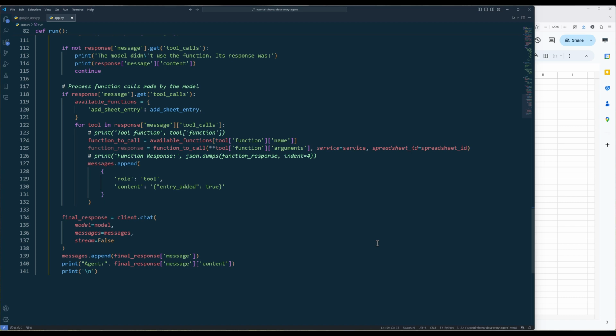First, create a dictionary to map the function name to the actual function. Then iterate over each tool call in the tool calls list. Get the name of the function to be called from the tool call dictionary. Retrieve the actual function object from the available functions dictionary. Extract the arguments provided in the tool call dictionary and call the function with the provided arguments along with the